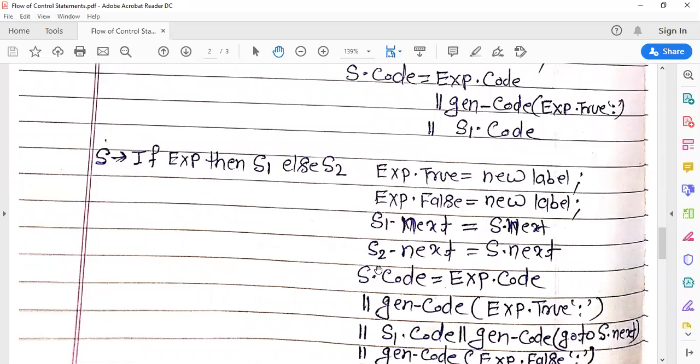And next, S1.next and S2.next are equal to S.next: S.next is assigned to S1.next and to S2.next.